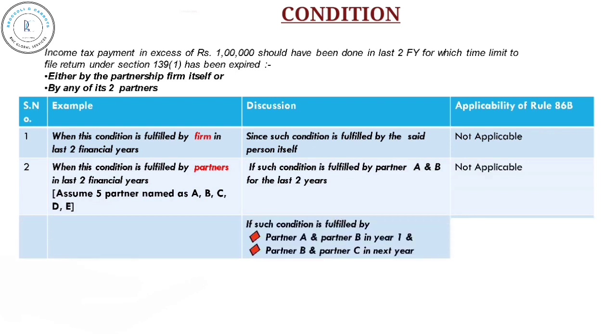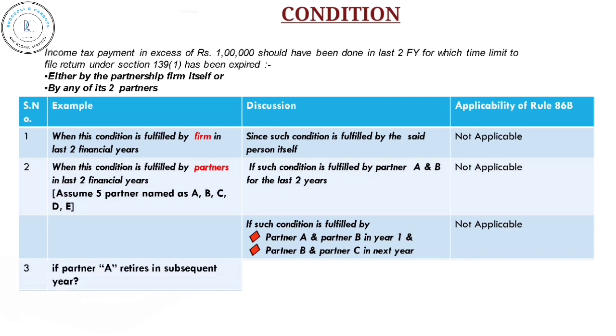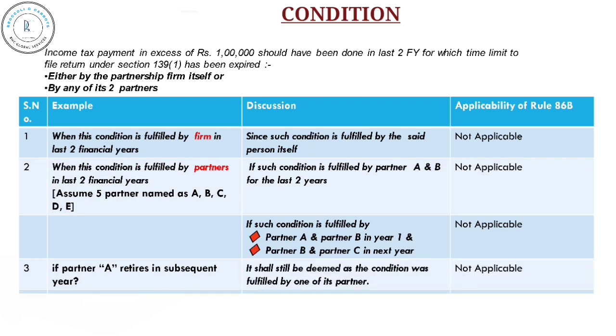If such condition is fulfilled by partner A and partner B in 1 year, and partner B and partner C the next year, applicability of Rule 86B: Not applicable. 3. Example. If partner A retires in a subsequent year. Discussion. It shall be deemed that the condition was fulfilled by one of its partners. Applicability of Rule 86B: